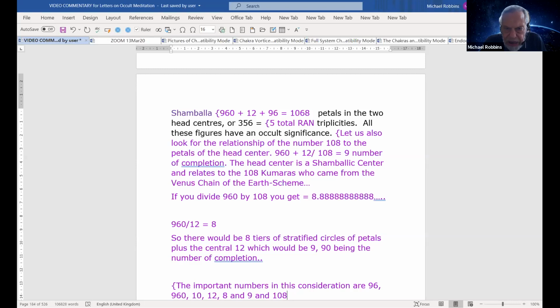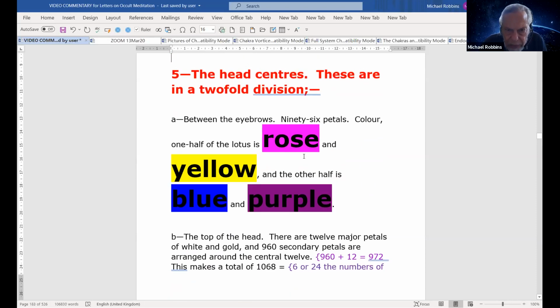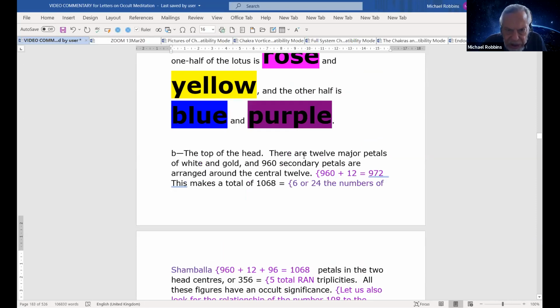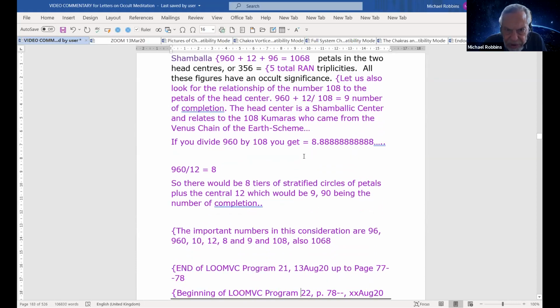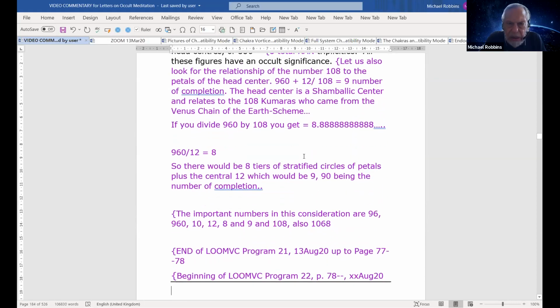And then of course we have to add also 1068. I think that's the number that is suggested here. Yes, 1068. These are the main numbers that I would work with in trying to figure out some of the correspondences and the correlations with the head center,